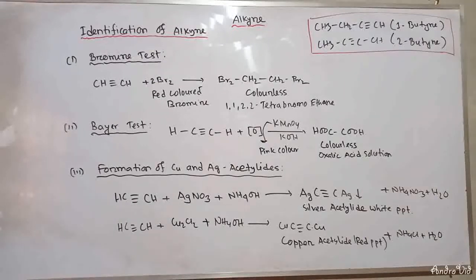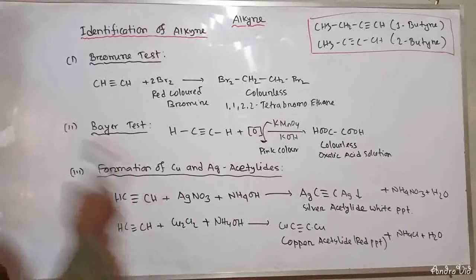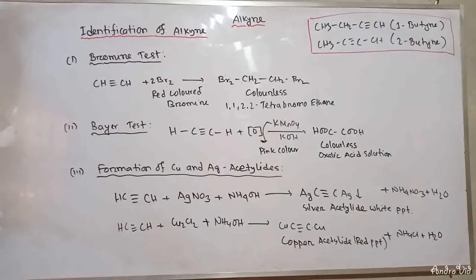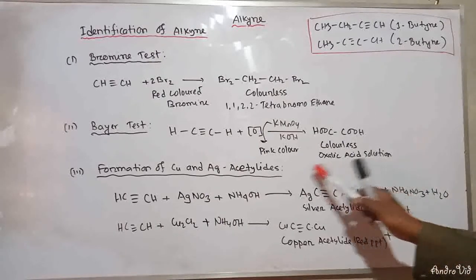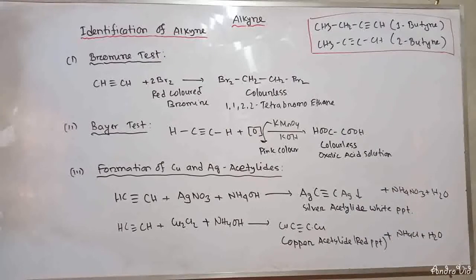So only for this type of compound this identification test is possible. When ethyne, for example, is added to ammonium hydroxide and silver nitrate solution, a substitution reaction happens. Each hydrogen atom is replaced by a silver atom. In this way they produce silver acetylide, a white precipitate. The name of the compound is silver acetylide, and the white precipitate of this compound will appear